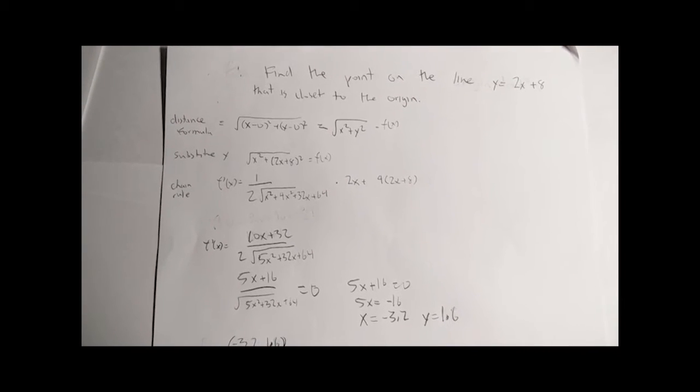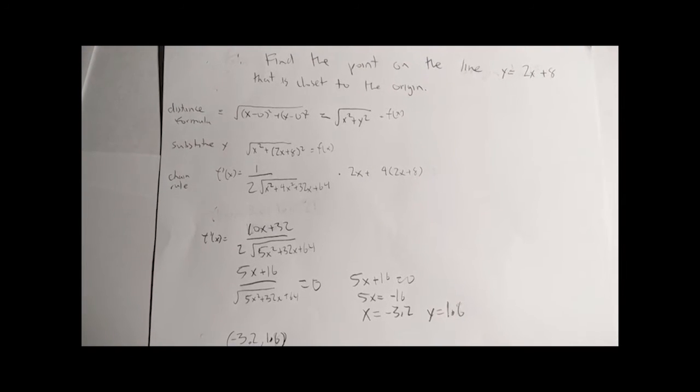The problem is to find the point on the line y equals 2x plus 8 that is closest to the origin. We use the distance formula in this question. Since the origin is 0, 0, we get the square root of x squared plus y squared equals f of x. We then substitute y in